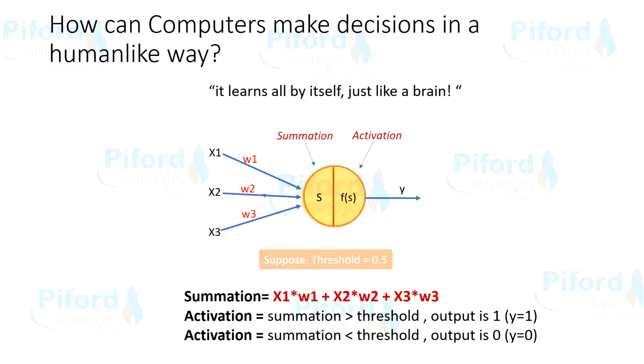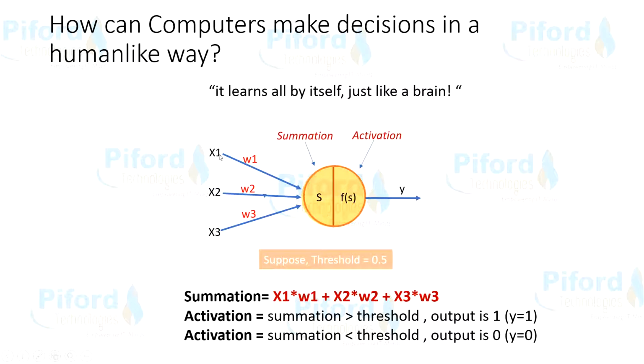In the same way, an artificial neuron, the perceptron, is a neural network unit that does some computation to detect features. Let's understand the perceptron with this picture. Every perceptron, every artificial neuron, has two parts: summation and activation. Summation is responsible for receiving input from the outer world and adding them.